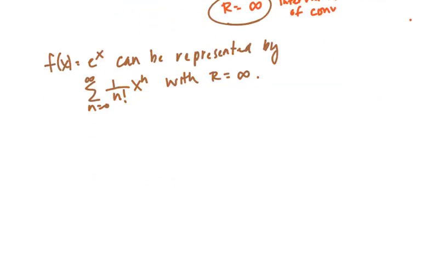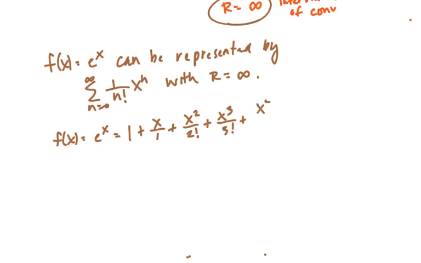While we're at this, let's talk about what this really means. So f of x equals e to the x can be written as, let's let n equal 0. So we have x to the 0, which is 1 over 0 factorial, which is 1. And then we have x over 1 factorial, which is 1. And we have x squared over 2 factorial, plus x to the 3rd over 3 factorial, plus x to the 4th over 4 factorial. So what that means is if I find many of these terms and add them together,